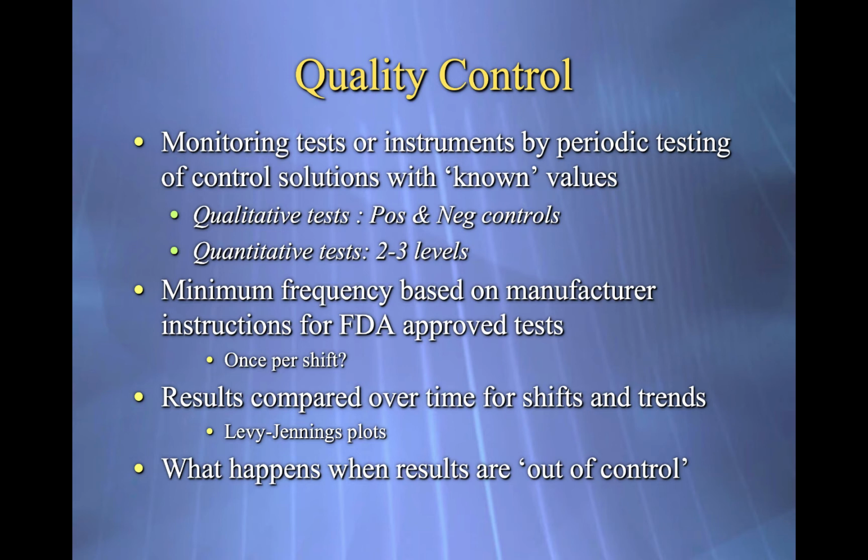The manufacturer will set the minimum frequency of running QC on their assay. And the FDA approves that, and therefore you must follow it, or you're deviating from manufacturer's instructions. Some may be every day you do the test, once every 24 hours, once every shift, whatever. For most highly automated tests, once per shift is probably the norm for most institutions, simply because if you get